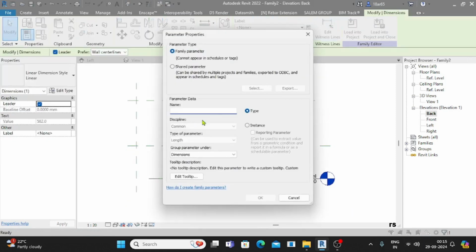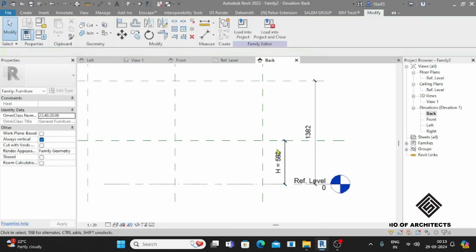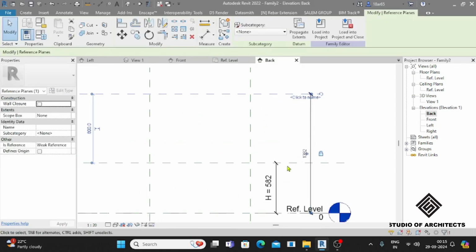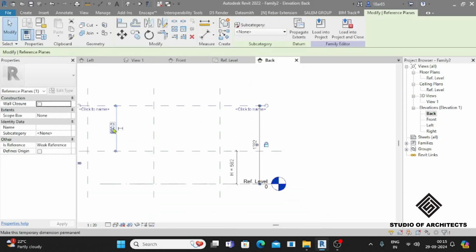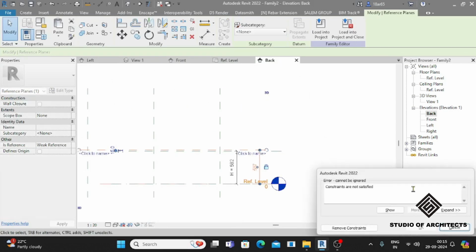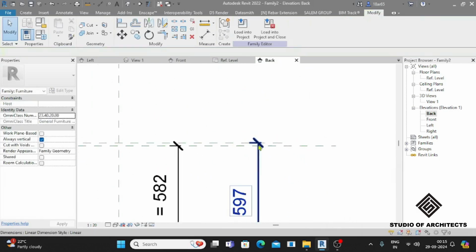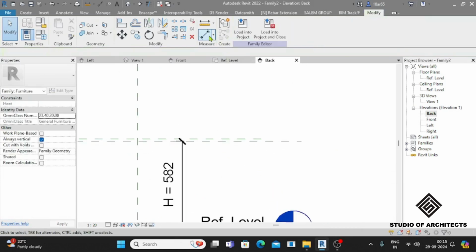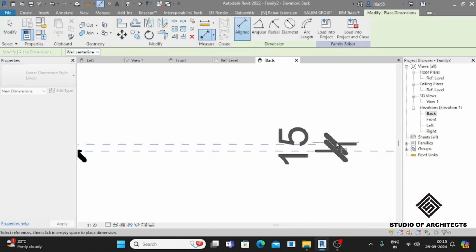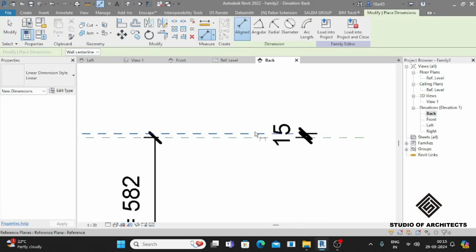Select add parameter, H for the height. Just consider the height, and the tabletop is considered 15 mm. Select lock,